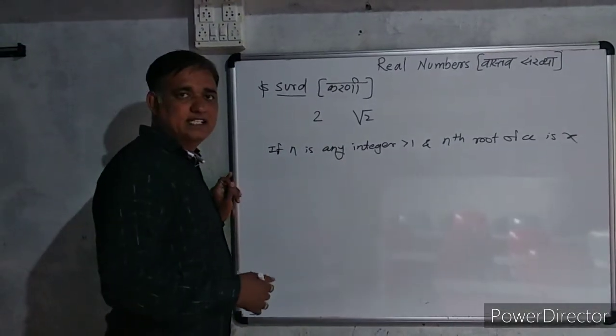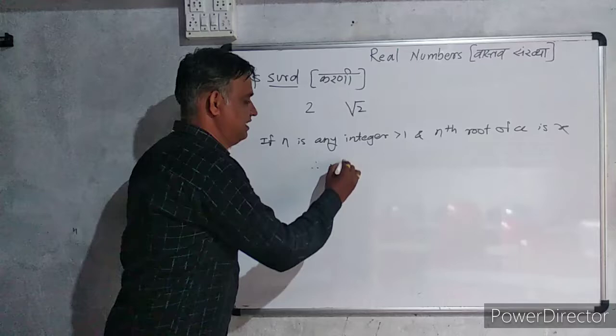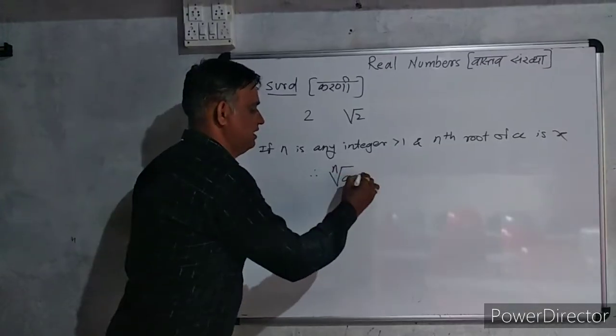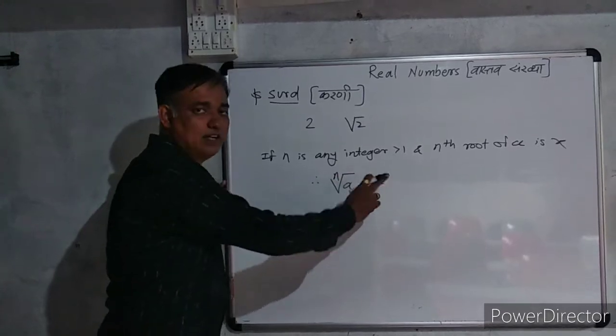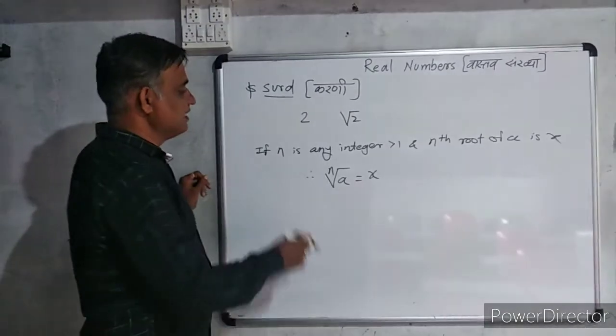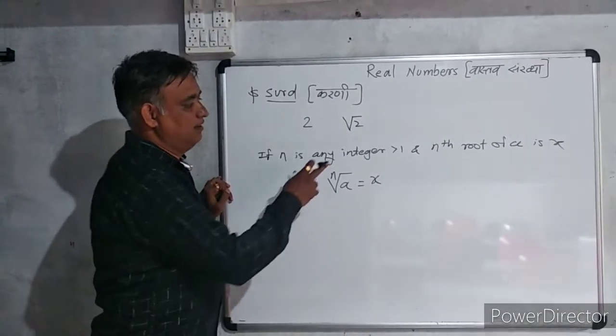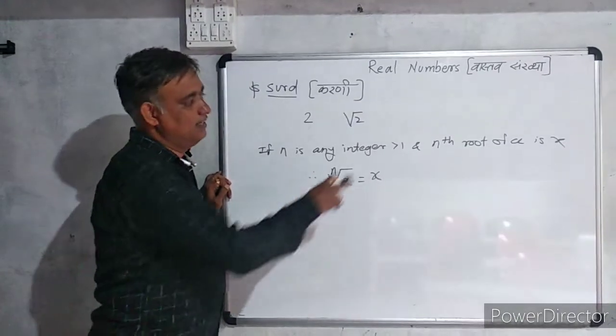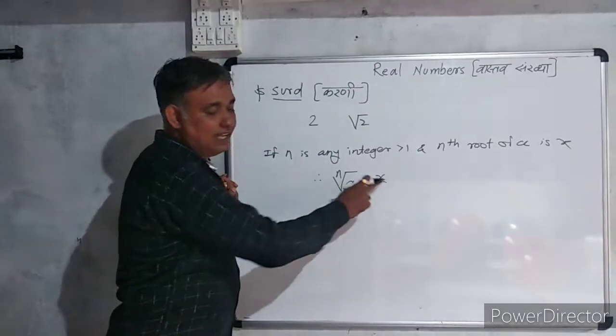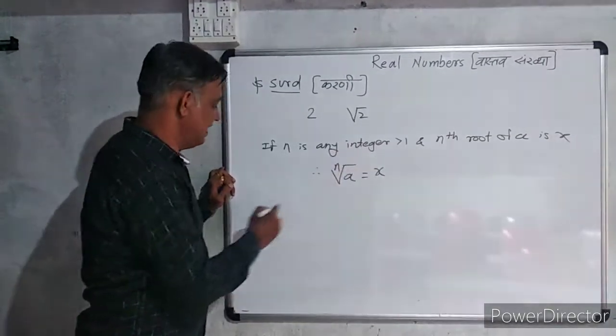Nth root of a is x, then it is written as radicand a, nth root of a is equal to x. n ही कोणतीही एक पेक्षा मोठी पूर्णांक संख्या असेल आणि a चा n वा घात x असेल तर ते याप्रमाणे लिहिलं जातं, where